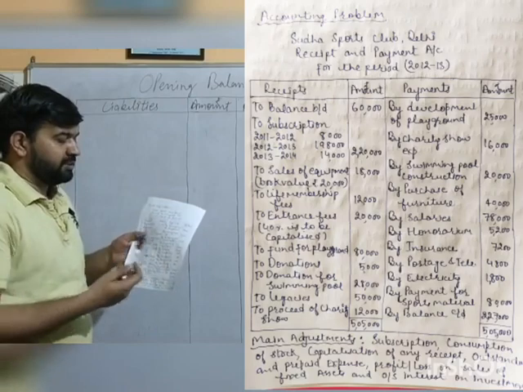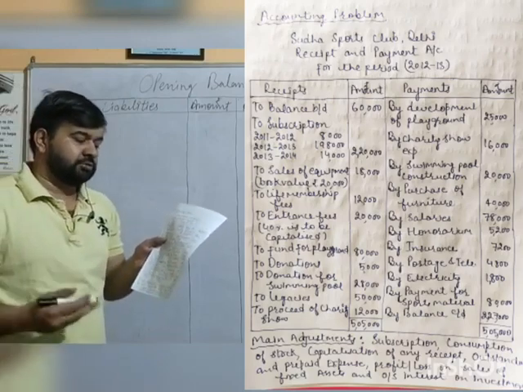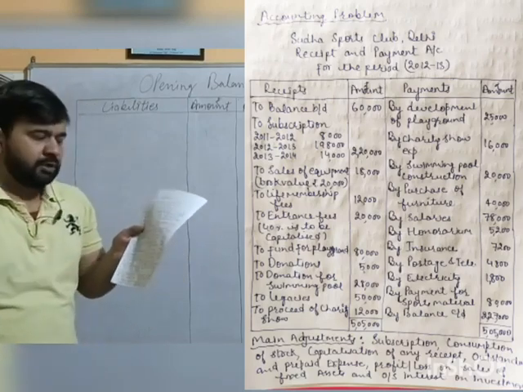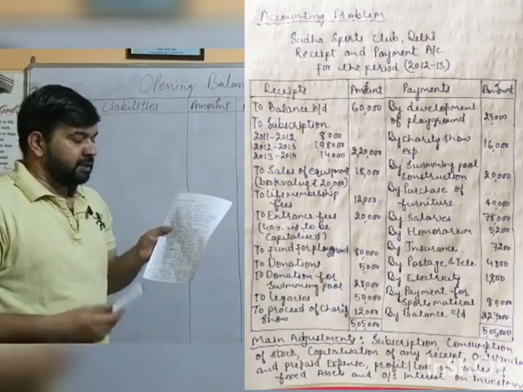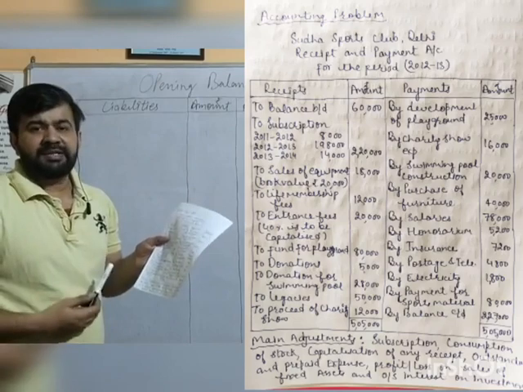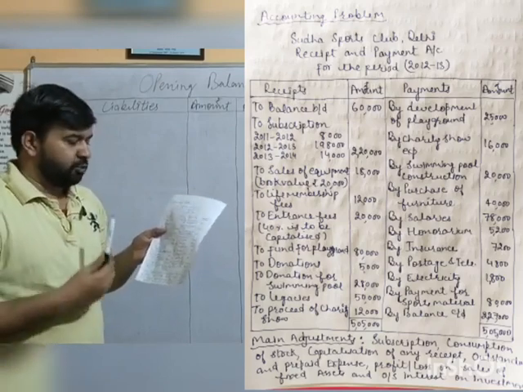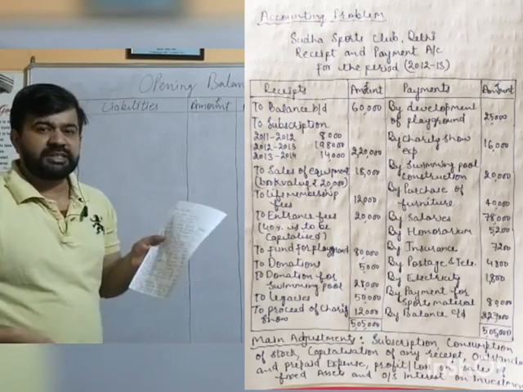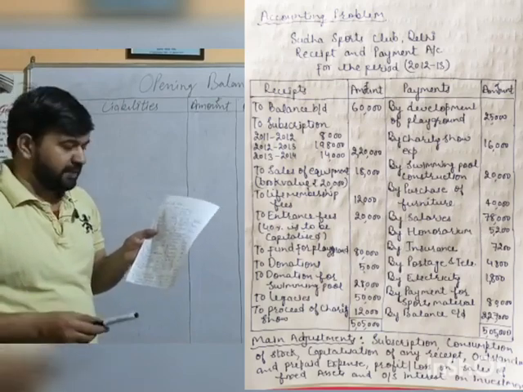Then swimming pool construction. A swimming pool is also an asset, so to be transferred or shown on the asset side of the closing balance sheet. Purchase of furniture. Yes, this is purchased during the year. If we are provided with any opening balance of furniture, it will be added into that in the closing balance sheet. Salaries, revenue nature expense, to be shown on the expenditure side of the income and expenditure account.